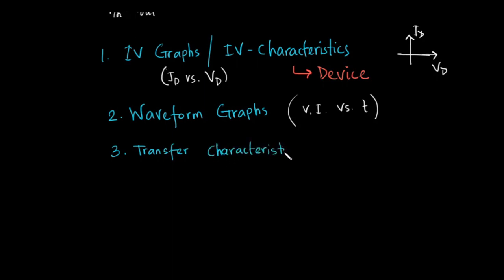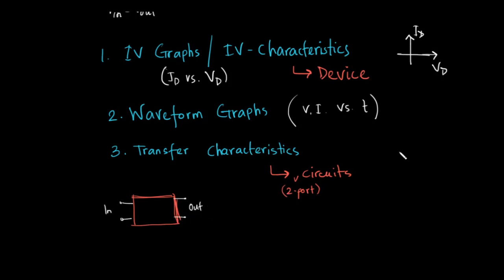The transfer characteristics only exist for circuits. We had IV characteristics for devices and transfer characteristics exist for circuits, specifically 2-port circuits. What do I mean by 2-port circuits? I have some circuit and that circuit contains an input port. I can input some voltage or some current to that circuit. This is the input port, and I can take some voltage or some current from the output of that